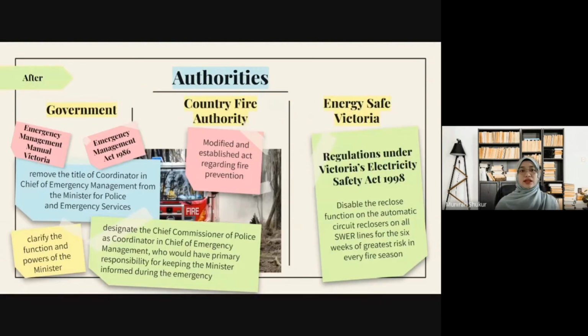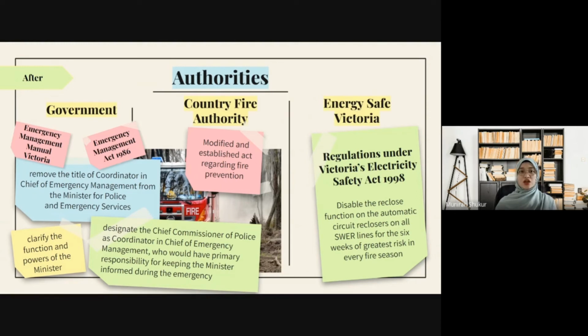Next, we will see the action taken by the authorities after the bushfire disaster. Government should take action in the Emergency Management Act 1986 and Emergency Management Manual Victoria by removing the title of Coordinator-in-Chief of Emergency Management from the Minister for Police and Emergency Service by replacing it with the designated Chief Commissioner of Police as Coordinator-in-Chief of Emergency Management, who would have primary responsibility for keeping the minister informed during an emergency. Besides, they should explain and clarify the function and powers of the minister so that the task entrusted can be carried out properly and